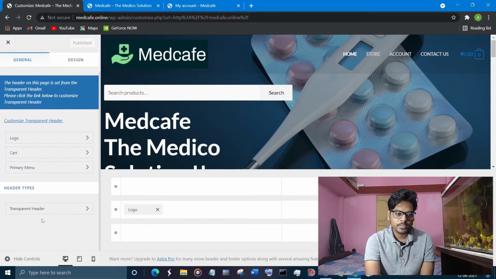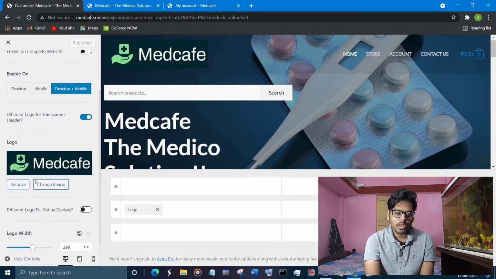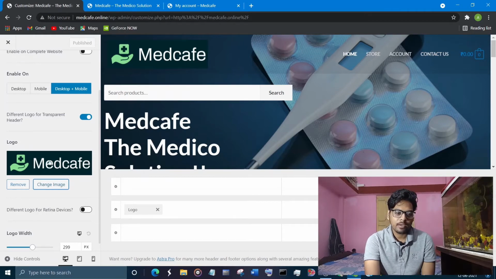Here you can see there is an option, transparent header. Whatever logo you upload here will be displayed on your home page. You can see I have uploaded this logo here and it is visible here. So this is the main thing you have to remember before uploading a logo.